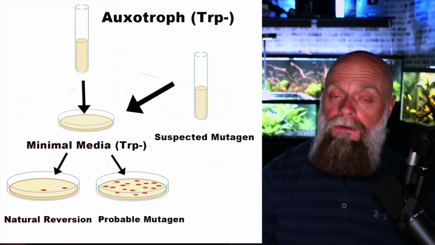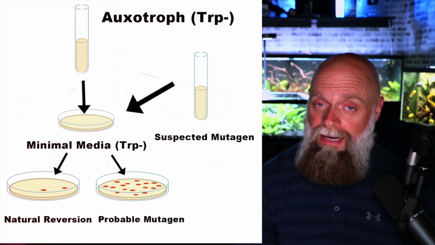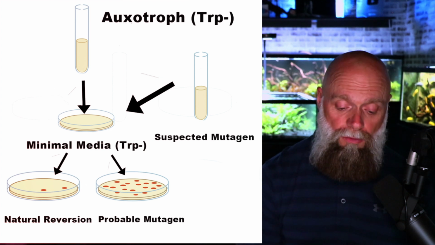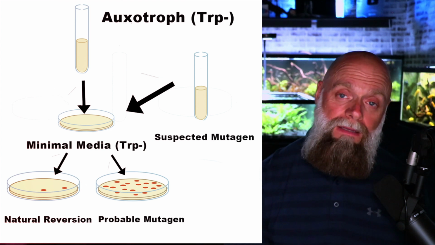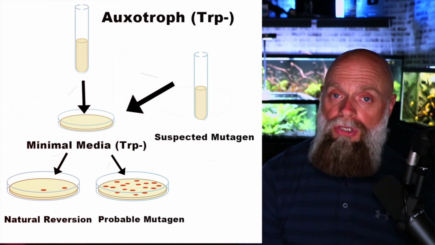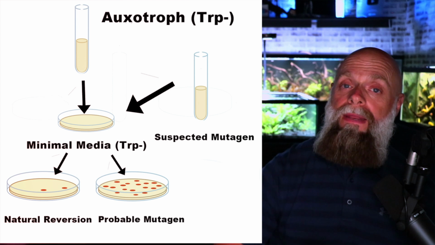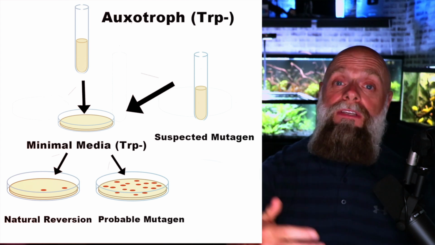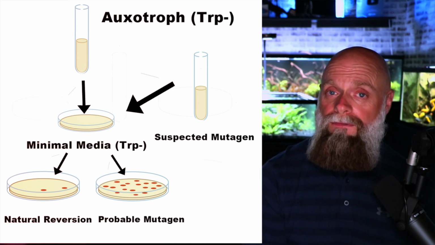Definitely warrants further study. And so the Ames test, its purpose is to determine whether or not a suspected mutagen actually interferes with genetic information. In this case, what's happening is we're getting a reverse mutation if the suspected mutagen is actually interfering with genetic